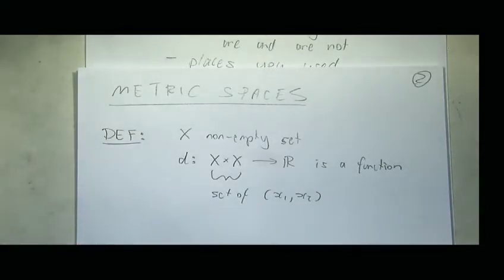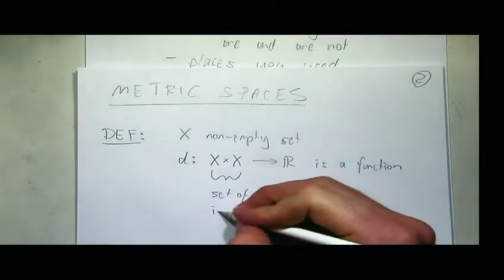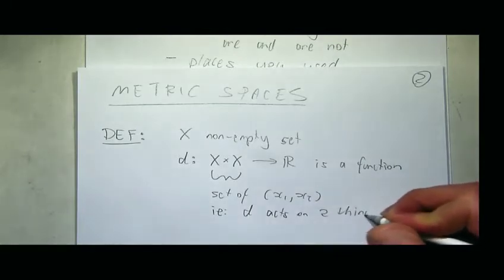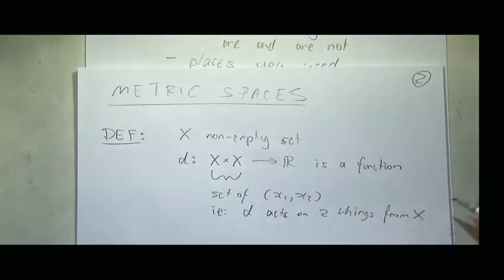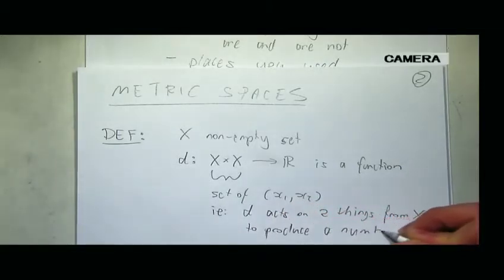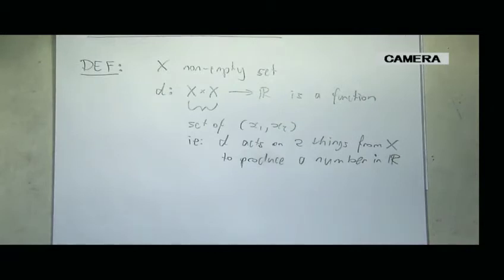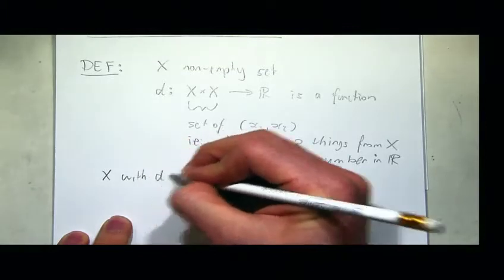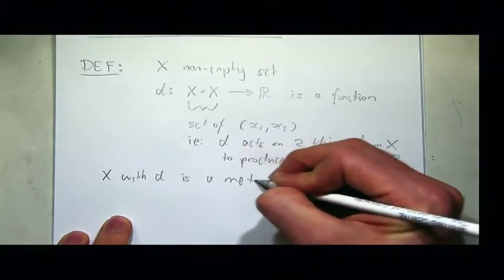Okay? So basically, D acts on two things from X to produce a number in R. Okay, that's what it means. Okay, then D is a metric. That's if, so X with D is a metric space